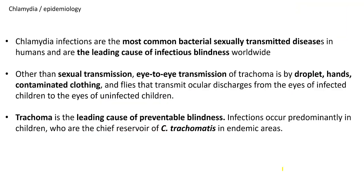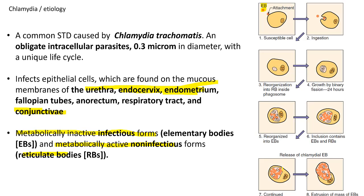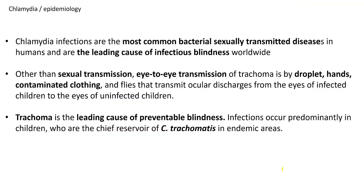Okay, and those characteristics we saw make chlamydia a good pathogen, a successful pathogen in transmission. So it has very little symptoms. In many cases, the infection is asymptomatic and also has a specific form which can cause infection and survive